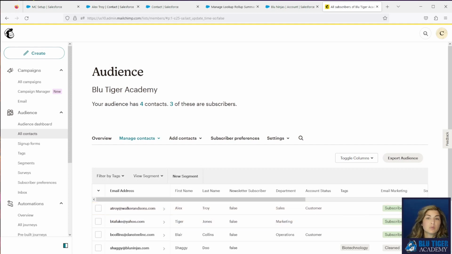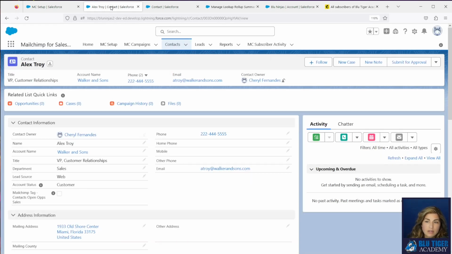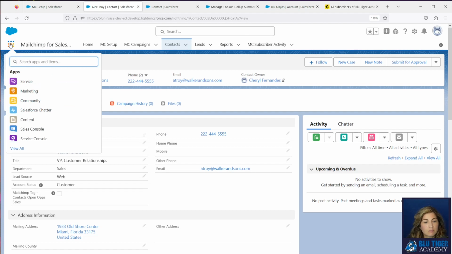Our next example will use Salesforce campaigns and reports to tag contacts and add the tag to MailChimp. So our scenario is that we're going to have an executive dinner, and there's going to be a select group of people that will be invited to this dinner. It's going to be a combination of a couple of things. The sales team is going to reach out to some people, and we're also going to automatically invite all of our customers who are a gold customer.